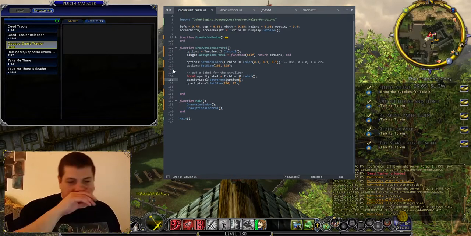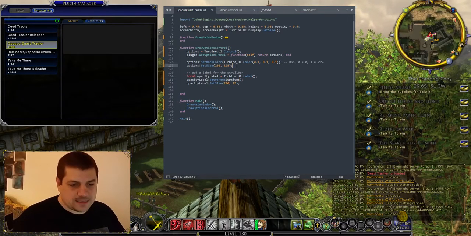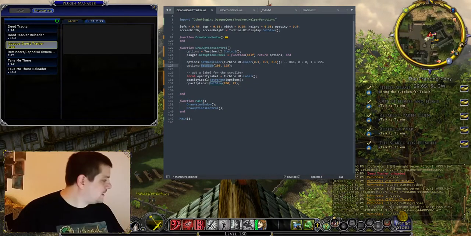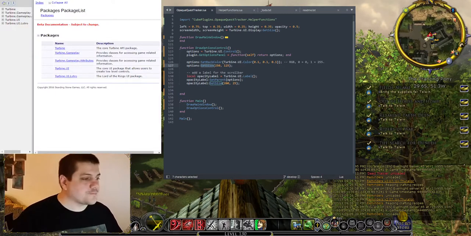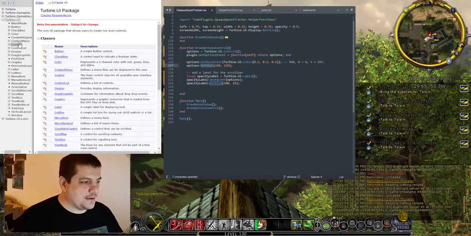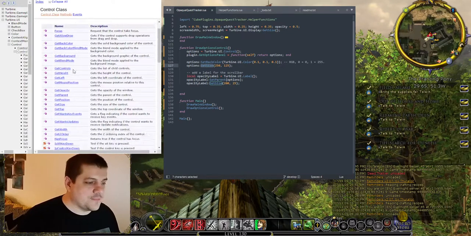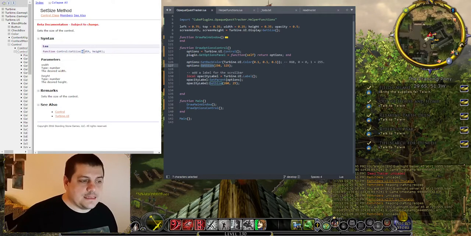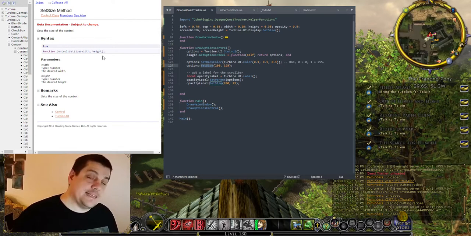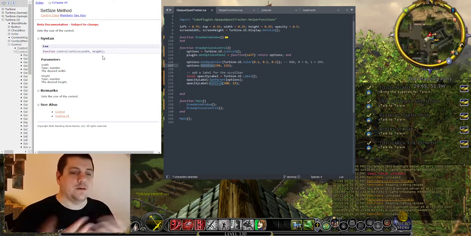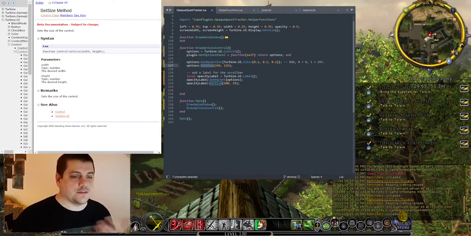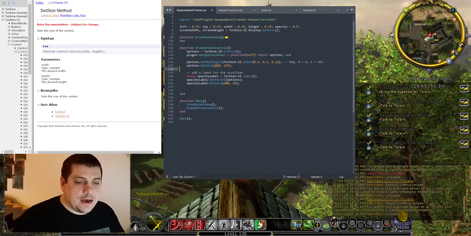Iron Wolf asks, can you set these with percentages? In fact, this is a point where the API documentation might be helpful. So when you go to a control and you say set width, set height, set size, these are taking widths in pixels. And I'm going to say 95% confident that you can only do pixels here. So if you want them to be percentages of the screen width or the screen height, you would have to do something there. Now, the problem is